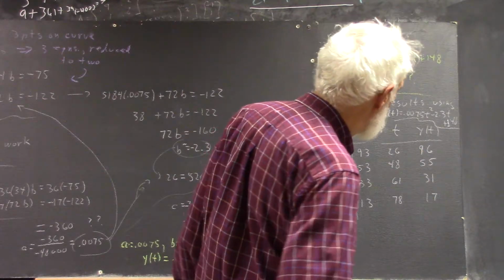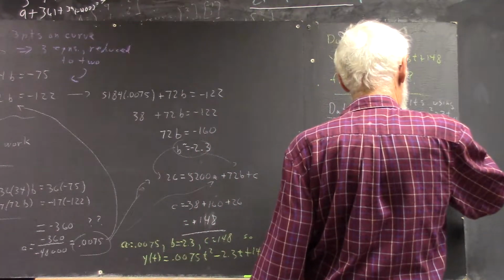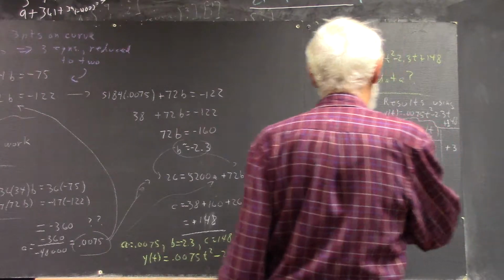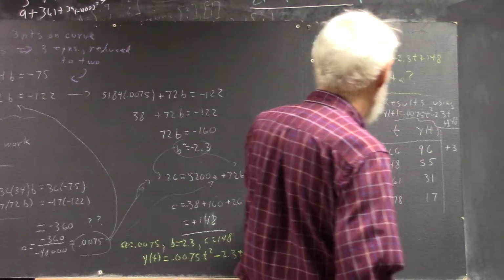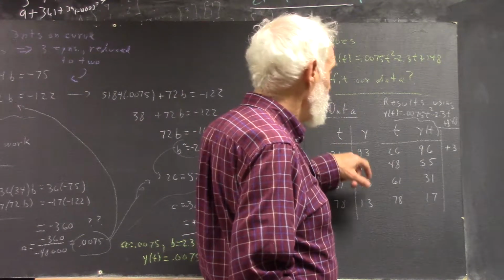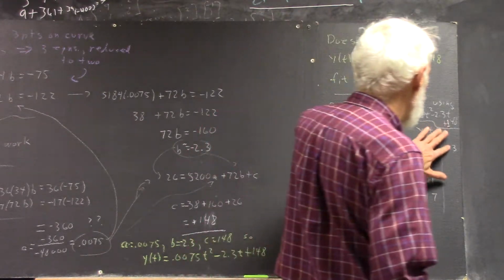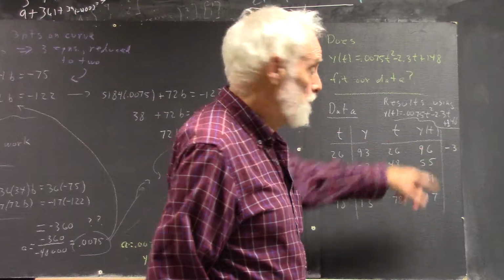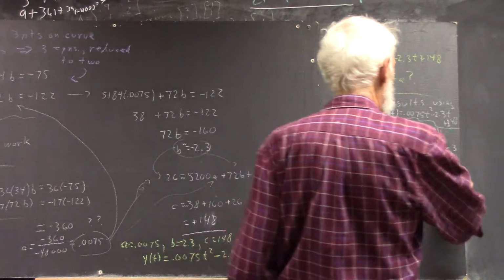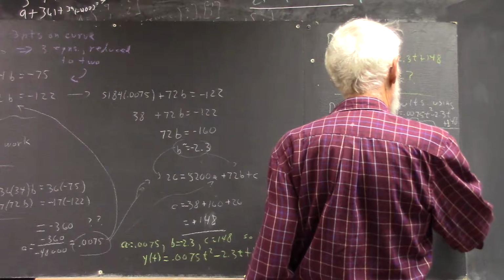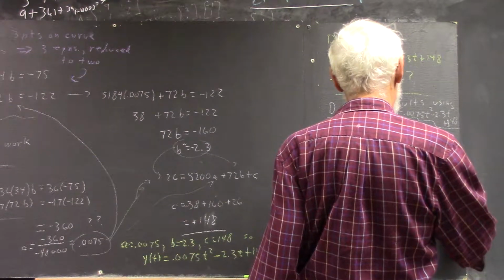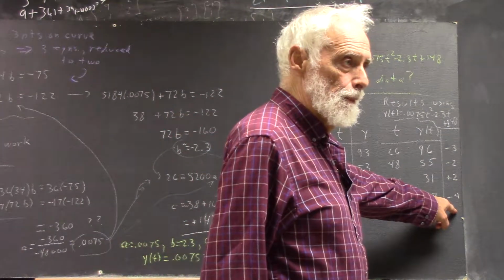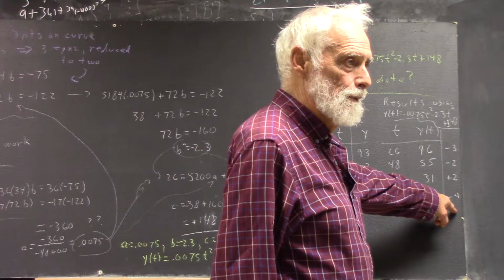And then I didn't leave myself room, but I'm going to leave myself room here. The discrepancy. 96 is 3 bigger than this, right? And actually I'm going to compare this one with this one. I'm going to say that our data is 3 less than our curve, than our function. Here our data is 2 less. Here our data is 2 greater. And here our data is 4 less. So these numbers are